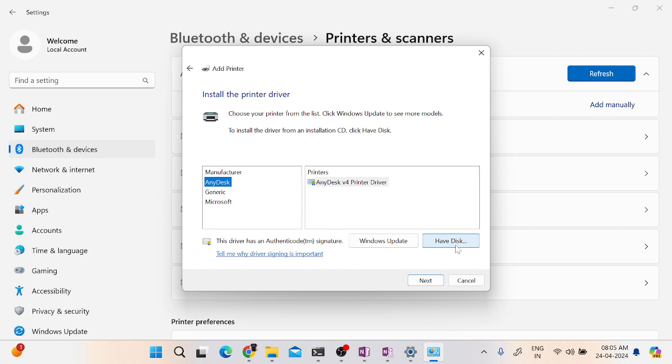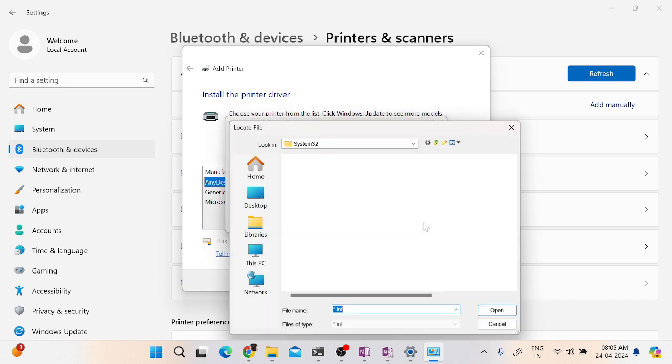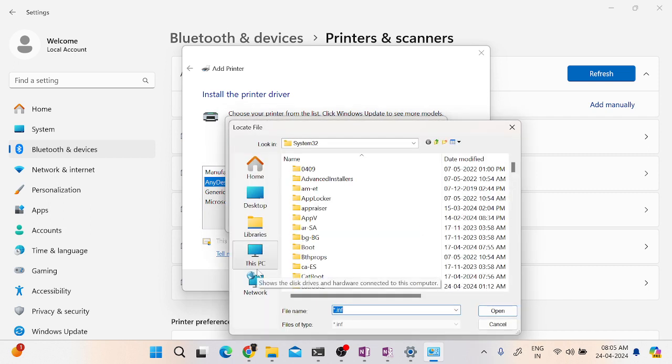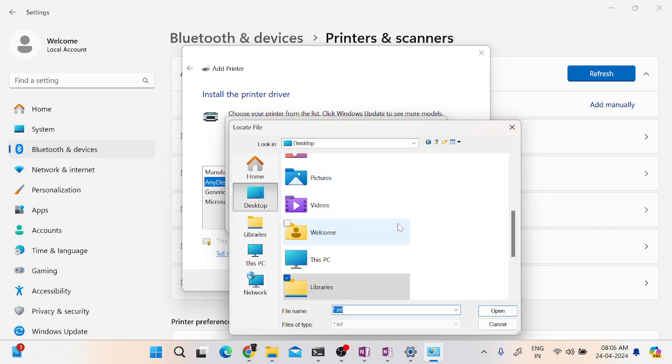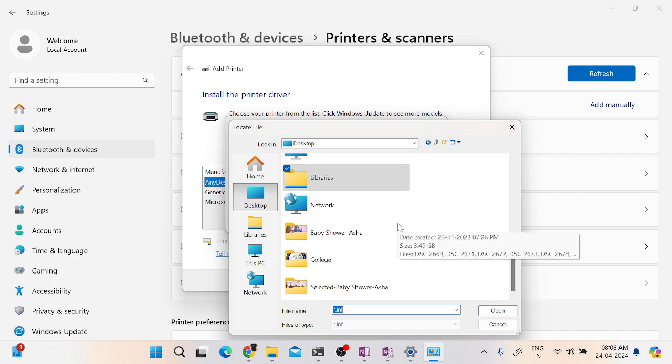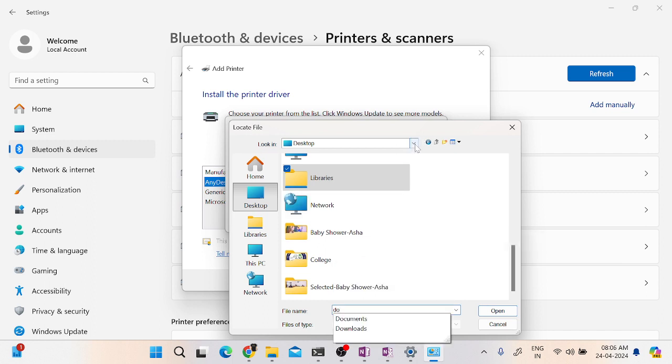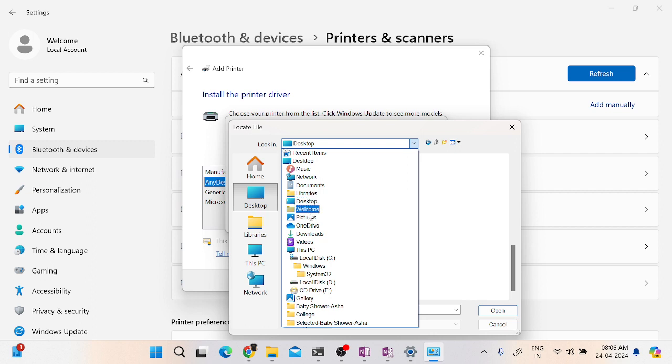to select an option called have disk. Means I have a disk, I have a CD or a pen drive, and in that I have a driver downloaded. Click on have disk, browse where it is. Okay, in my case I think I have something in the downloads. Let me check. So if I go to the downloads,